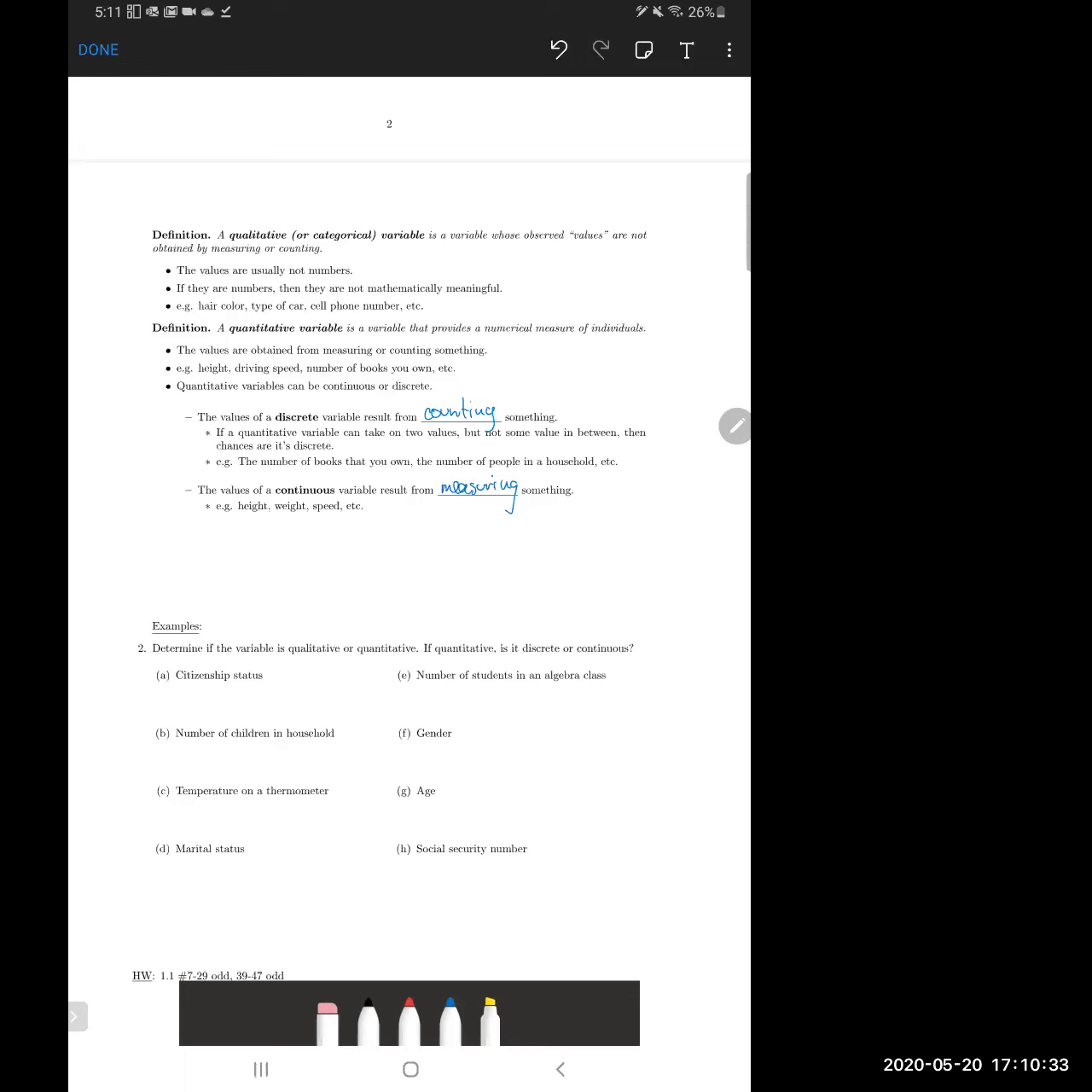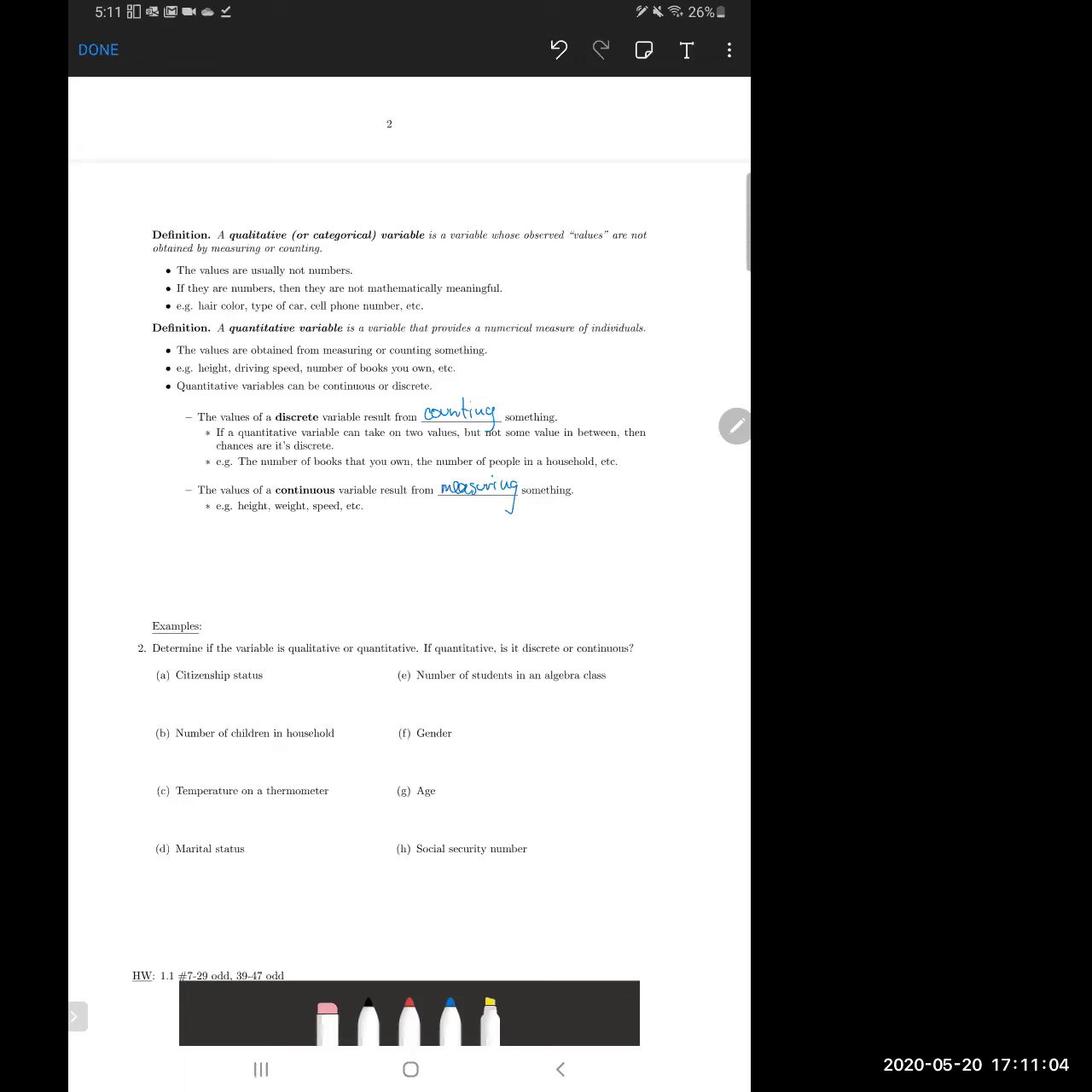A variable can only be discrete or continuous if it is quantitative. So these two things, discrete and continuous variables, are subcategories of the quantitative variable, right? In other words, it does not make sense to say that something is qualitative and discrete. Doesn't make sense to say that something is qualitative and continuous, right? That can't happen. The qualitative variable is just something that describes the quality of something,